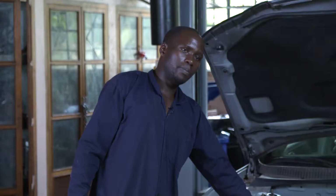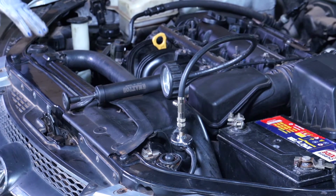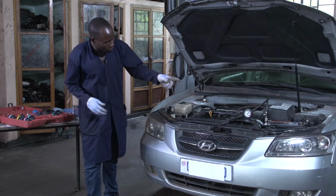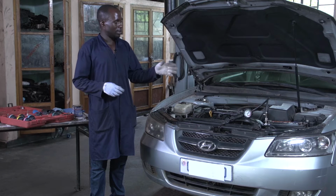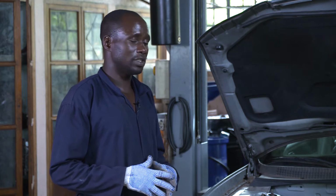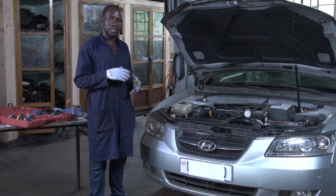Even the pipes are not leaking. The radiator is not leaking. And in the engine also, the cylinder head gasket is okay. If there is a leakage in a standard gasket, that needle will come back directly. If there is no leakage, our pressure will be maintained inside there. But if there is a leakage in a cooling system, while you are pumping, the needle cannot move up to the required